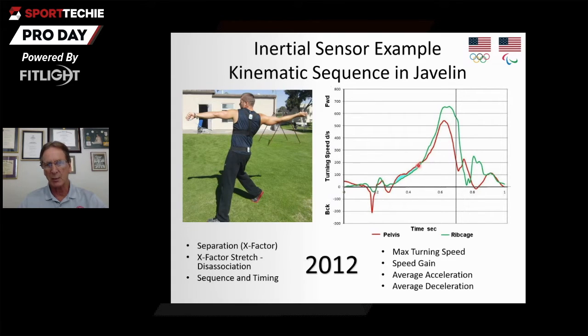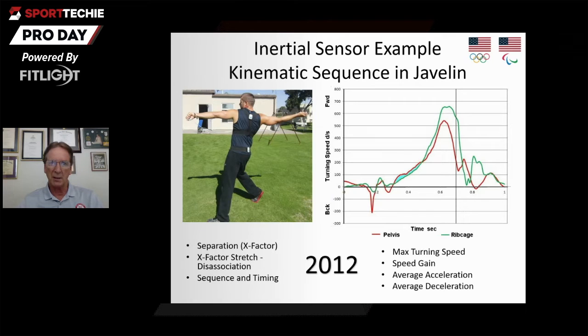So again, we can see what kind of acceleration they've got, because that's the slope of the curve. We can get how much stretch they've got. That's that little area under the curve here. And we can see how much speed gain. So if the green one was sitting on top of the red one, that means they haven't got any speed gain across the torso, across the midsection of the body with the abs. And so one major part of their power generation is missing. So you can get an idea now how the technology can help us.